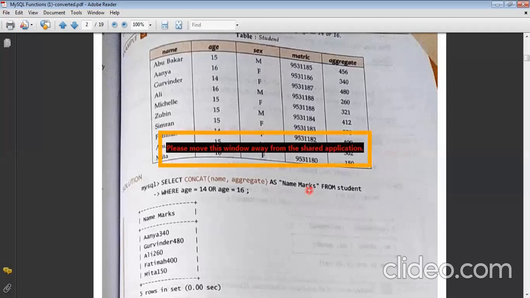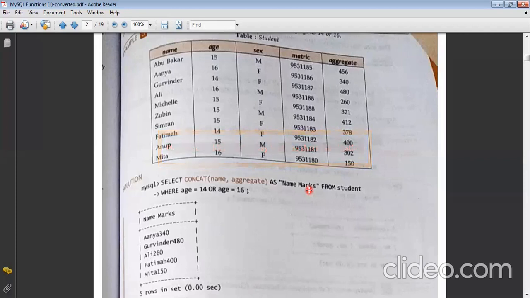So see, when you concatenate name and aggregate, if you do not write any name to represent it, then by default the names, like name and aggregate, will be concatenated and shown up. AS is remarking here that जो भी output आपका आने वाला है, उस column को आप ऐसे name करना, name marks.